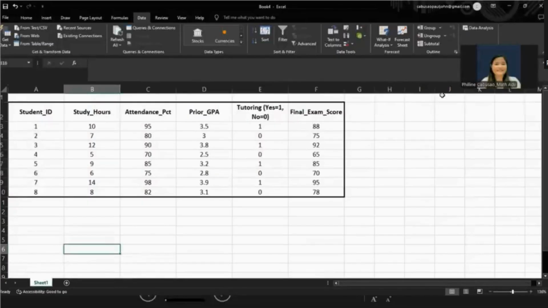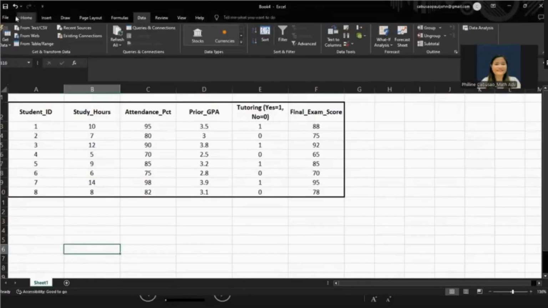Now, let's do the multiple regression analysis using Excel. So first, you copy the data table into your Excel. Then we have to make sure that in the interface, you can find Data Analysis.